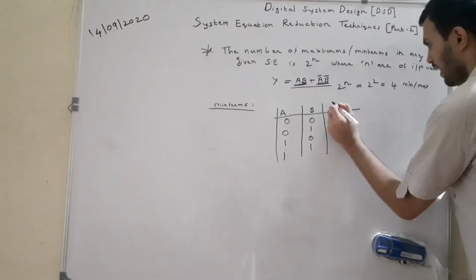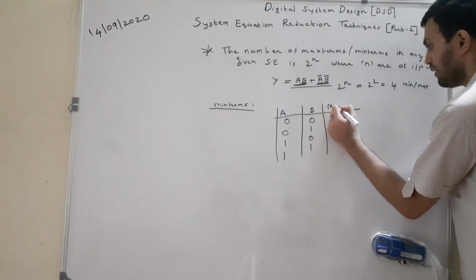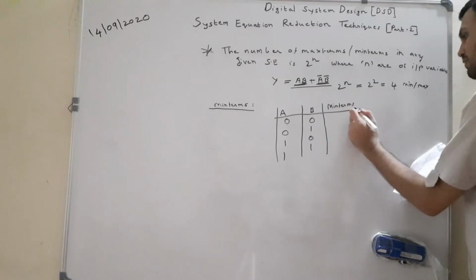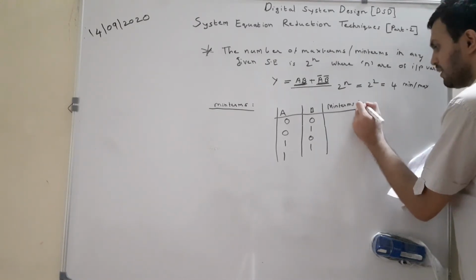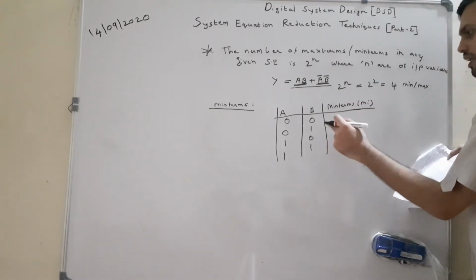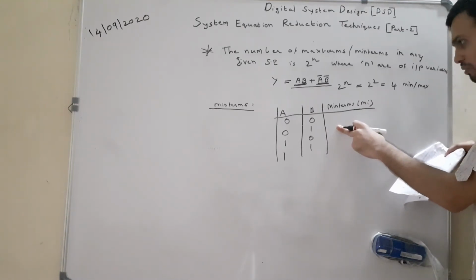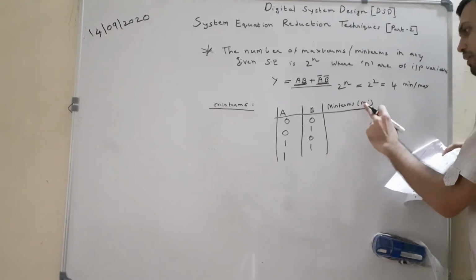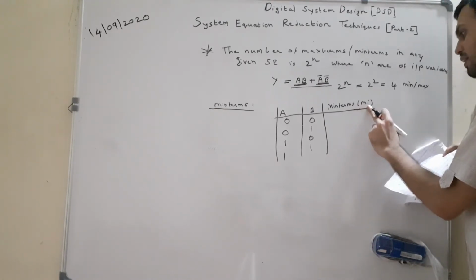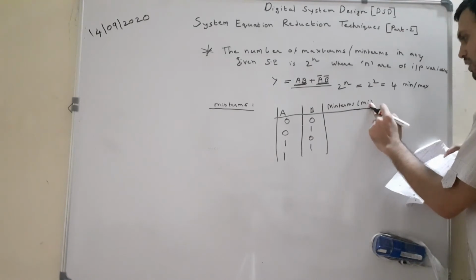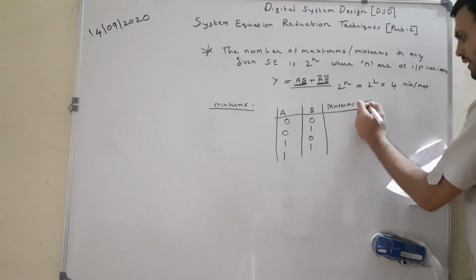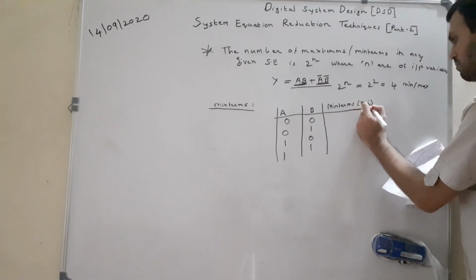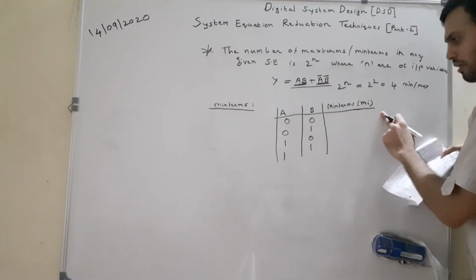Then I am supposed to find the min terms from this truth table, or simply a table, because we are not discussing the output part over here. So let us call it a table only. But even if you are supposed to find min terms from a truth table, you can find them. So our task is to find the min terms. And how are min terms represented? A small m with a small subscript i. That is the notation for min terms. So this is how min terms are represented.